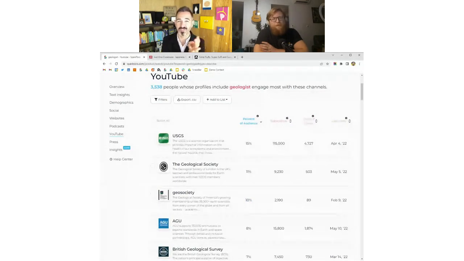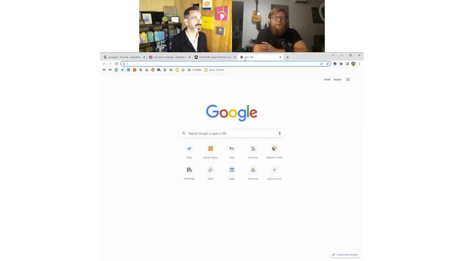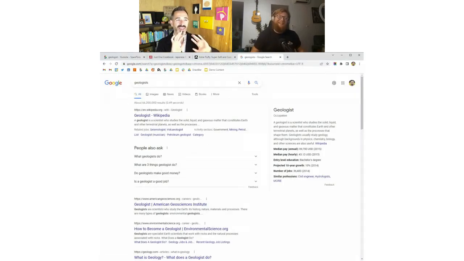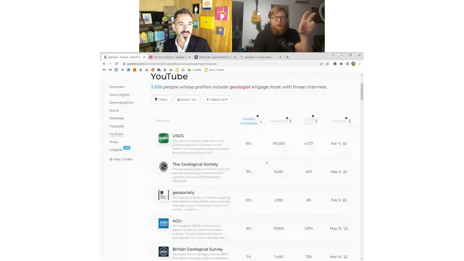I can write headlines for them better. I can figure out what events and what products are going to be interesting to them. This is really hard to do through just Googling around, because if you search for geologists in Google, it's just not giving you information about them. The part in SparkToro was showing the associations.